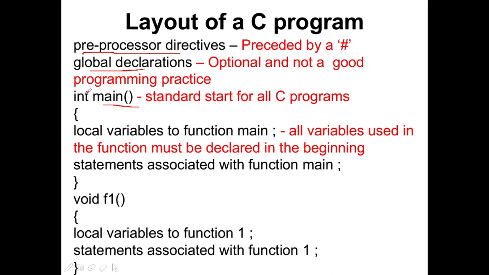This int, main can return int or it can be void also. When we say void, we mean that the function does not return anything. So you can put either void or int before main. Generally we will put void, that is perfectly alright. Then it should be followed by curly braces. Within the curly braces you are going to give all the instructions that should be given within main.